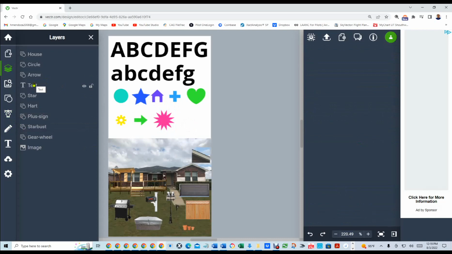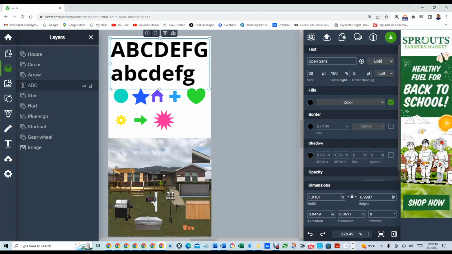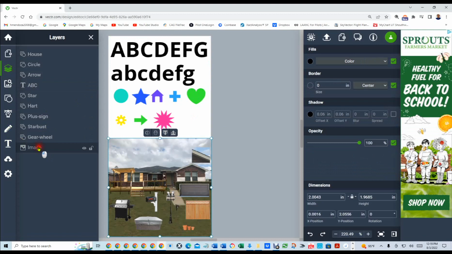Now, if you had a bunch of different text boxes, you would probably want to name them. For instance, on this text, I would name it ABC, and if you were talking about a cow or whatever, you could rename it. So each one of these things, and here's an image here, right? So on this image, I could actually name it exterior of house, or whatever you want to name it. Okay, so